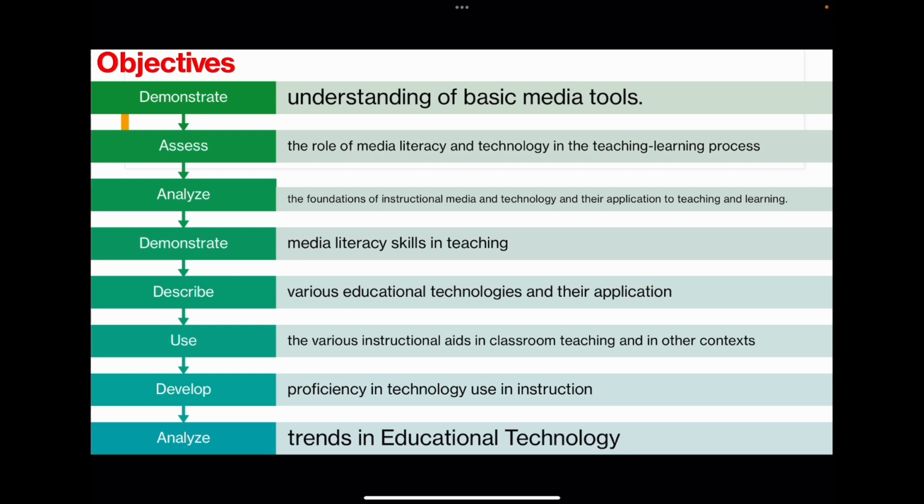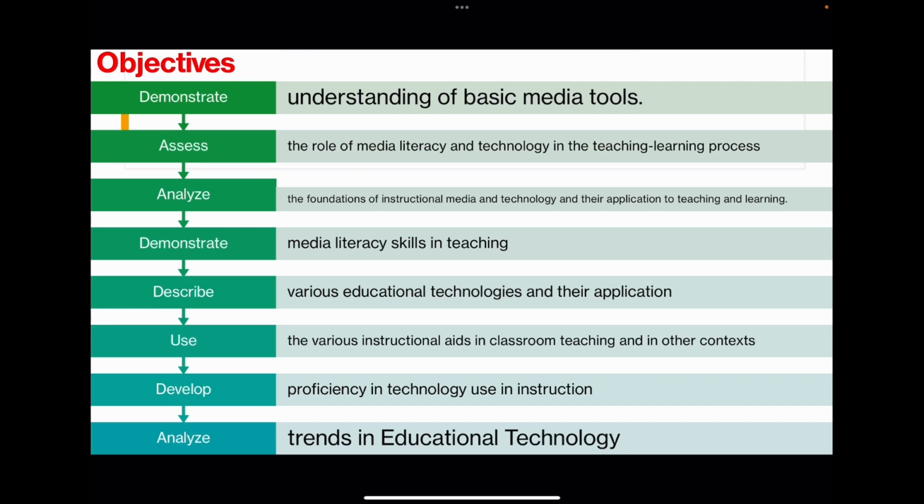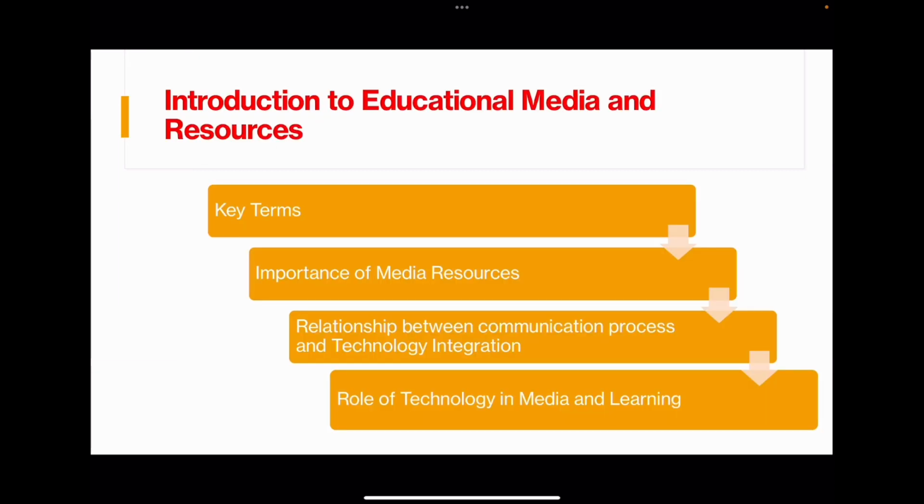the role of media literacy and technology in the teaching learning process, analyze the foundations of instructional media and technology and their application to teaching and learning, demonstrate media literacy skills in teaching, describe various educational technologies and their application, and how we can use various teaching aids in classroom, as well as develop proficiency in technology use in instruction, as well as analyze trends in educational technology. We also set out to look at